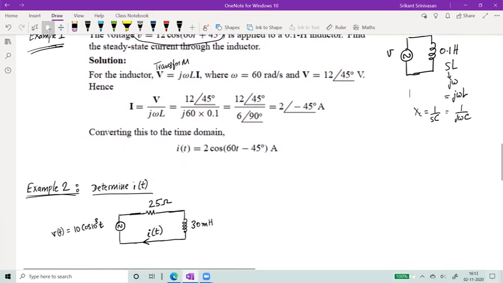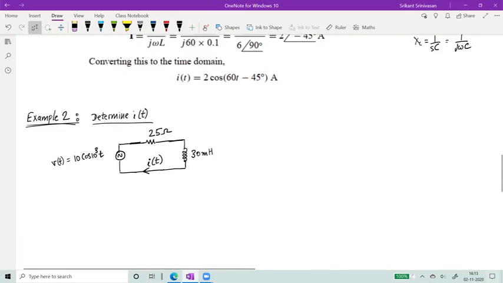Now, how about this example? Now I have both an inductor and a resistor, and then I have some voltage, right? So what is going to be the current in this case? How can you solve this? So can you quickly do it? You can pause the video and solve it. Very straightforward question. So the answer is going to be